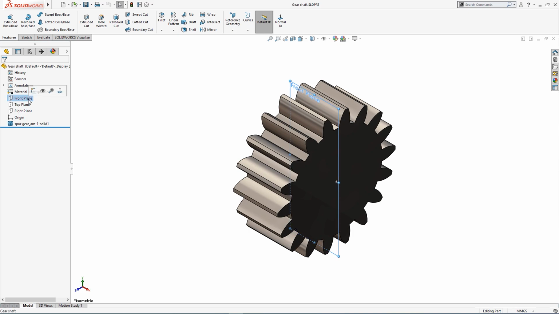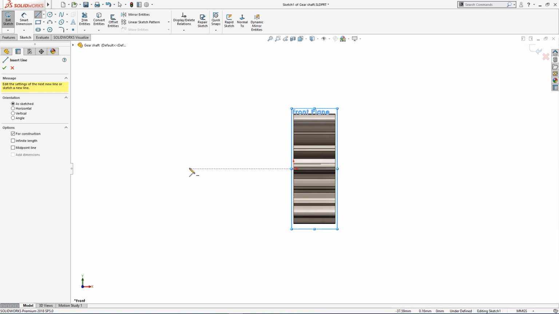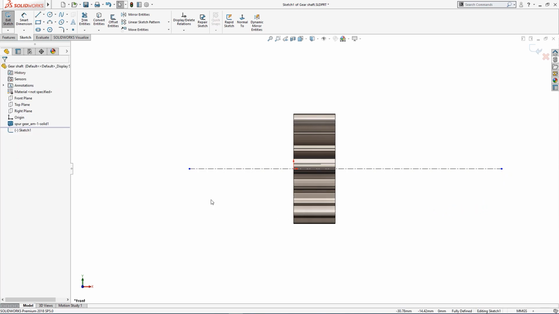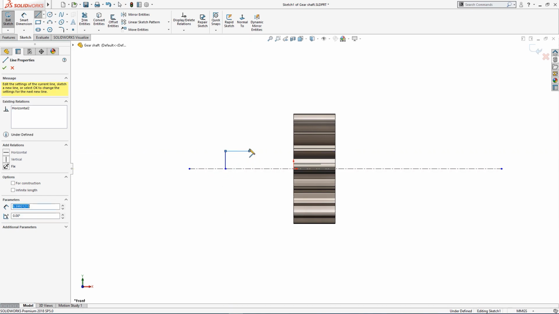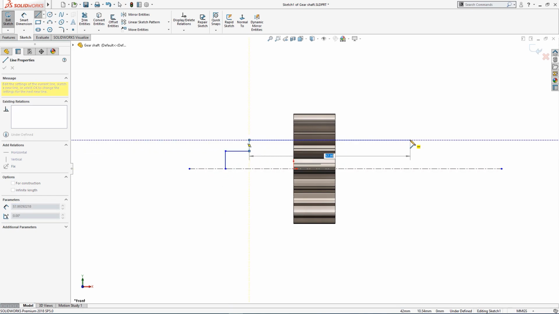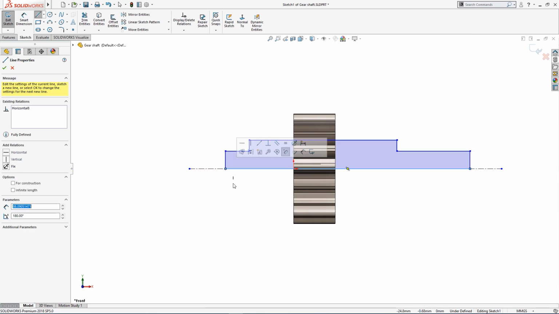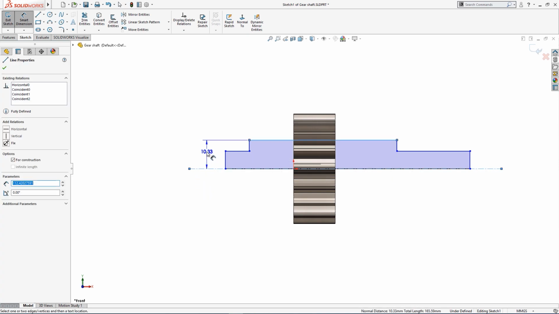Now I will go to the front plane and draw a center line, like so. I will draw a few sketches here, like so, and close it. This is 23 millimeter here. If I go here, this will show me the radius, and if I go to this side, it will show me the diameter. The diameter is 23,